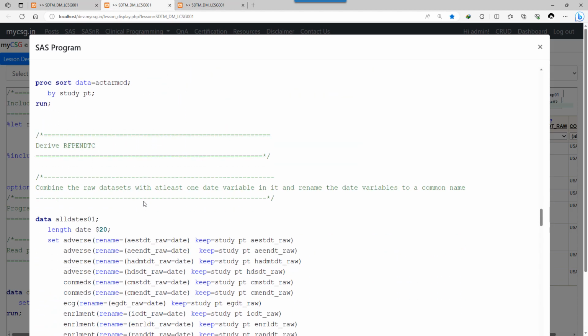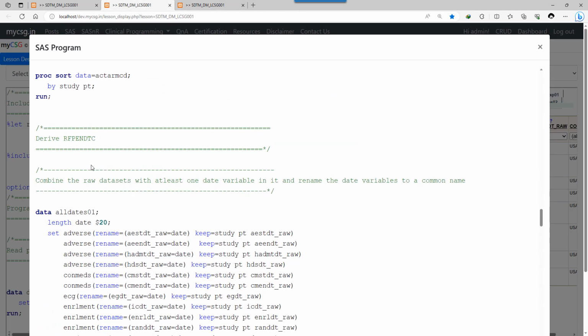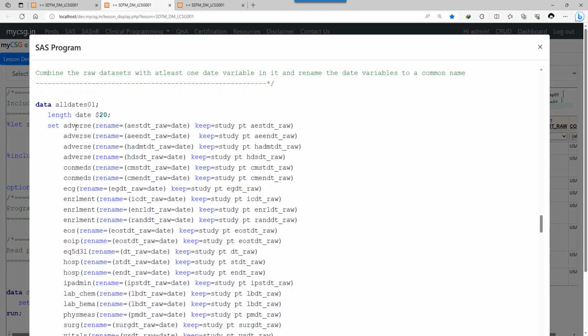So what is the next step? So we are deriving our RFPENDTC. For RFPENDTC, what were we asked? We were asked to use the latest date value from all the date variables available across all the raw datasets. So here I have